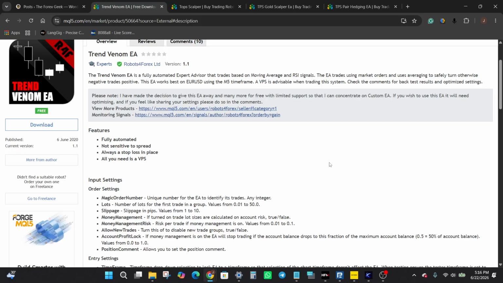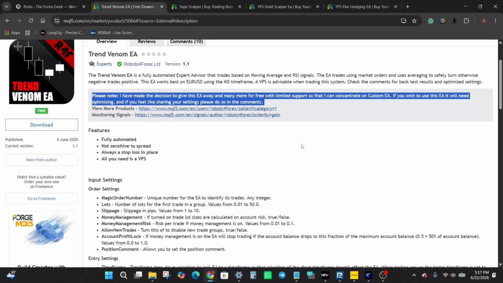Another important note from the developer is that the EA may require optimization before use. In fact, the description explicitly encourages users to optimize settings and even share successful configurations in the comment section. Now, that is something worth paying attention to because it suggests performance may depend heavily on how the parameters